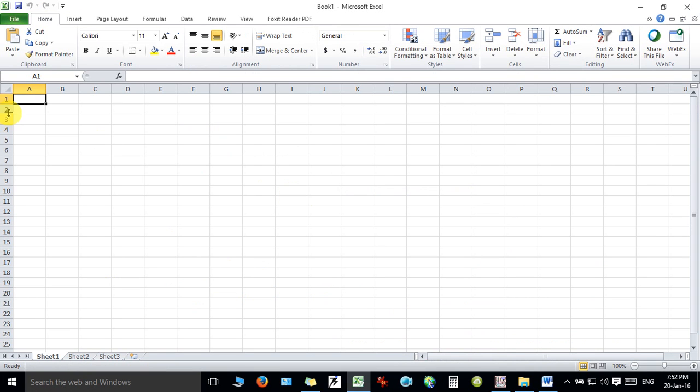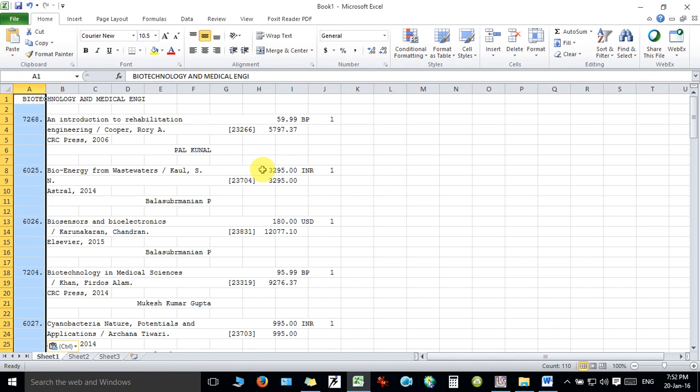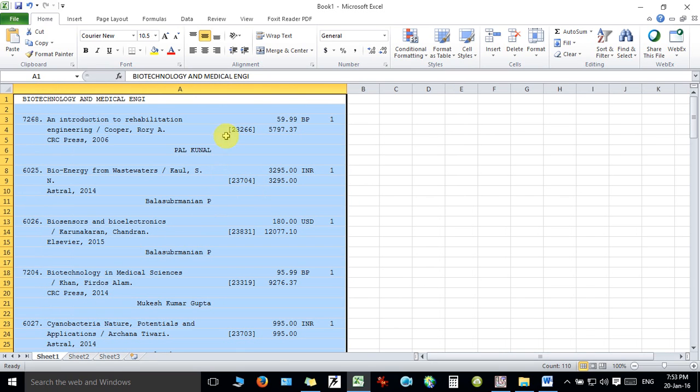Now open the Excel and just paste it here. You can see it is pasted, whatever information you have taken from the Word file. And remember, the total information which is coming up to column J, it is not like that. The total information is pasted into one column. You just double click on that, so you will notice that the whole information is coming into one particular column.